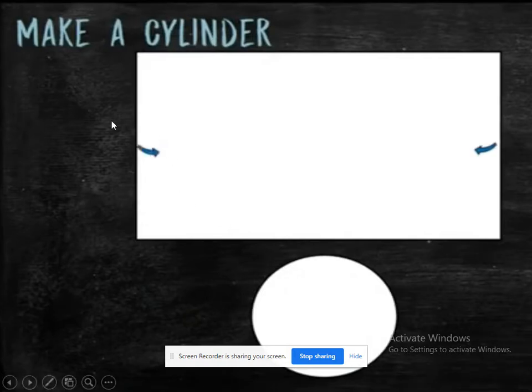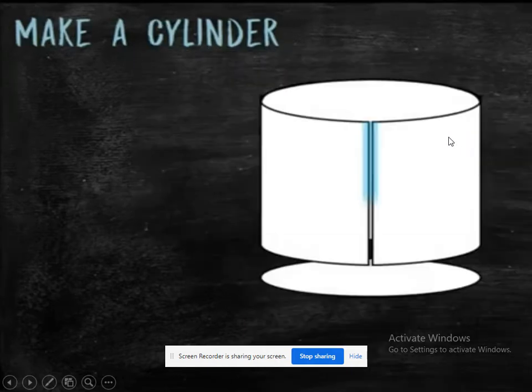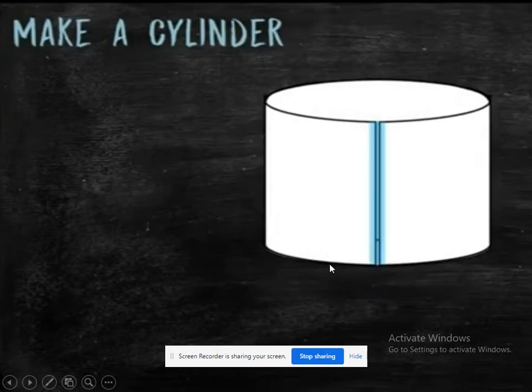Now once you get these both, you have to take this rectangle and fold from both the sides. You take a curve, not exactly a fold. You just take this curve and this curve so that you will get it in this form. You can see here. Once you get it in this form, paste the tape here and join both ends. After that, take this circle of radius 3.5 centimeter and paste it at the bottom of the cylinder like this.